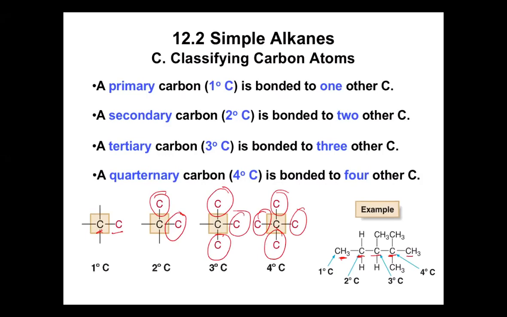Kalimitan yung mga branch nung main chain, hindi na siya kinaklasify as primary or secondary. Yung main chain lang yung kinaklasify kung primary, secondary, tertiary or quaternary. So later you will learn bakit yun lang yung kinaklasify. Okay? So let's work on some examples.